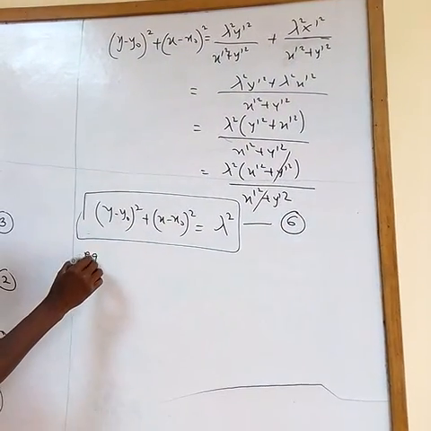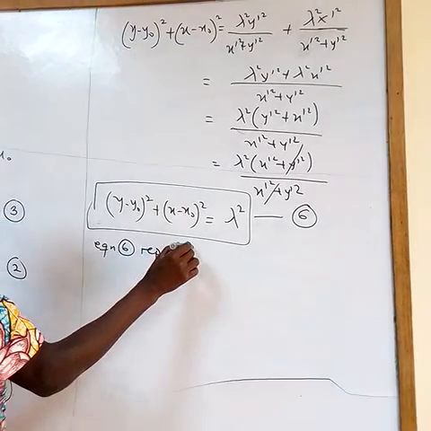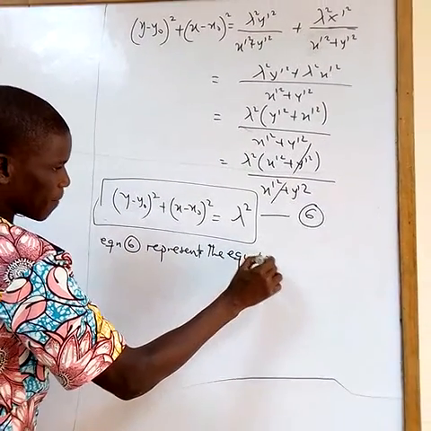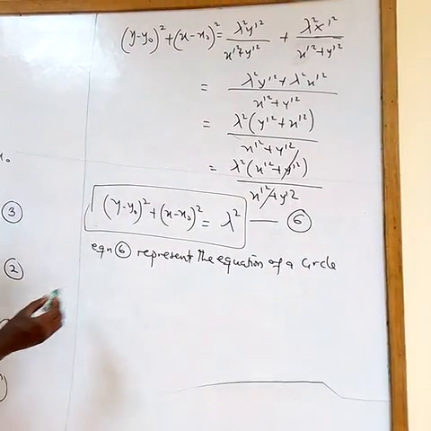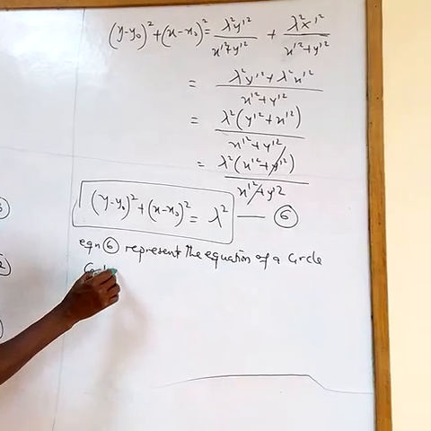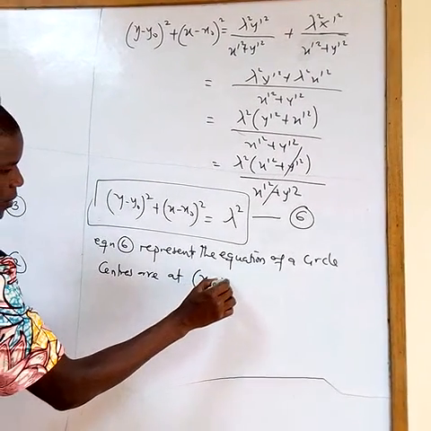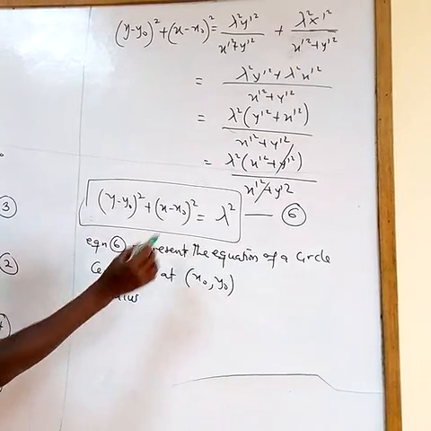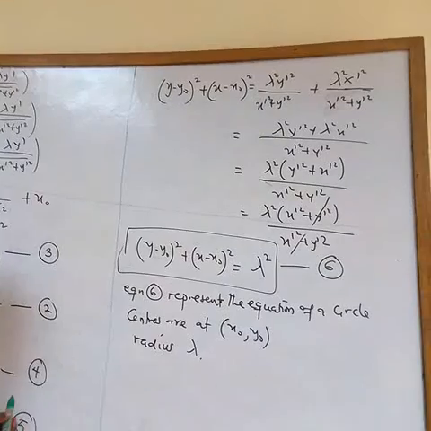Automatically, equation 6 represents the equation of a circle which has its center at (x₀, y₀), with radius what? Radius λ. So what is